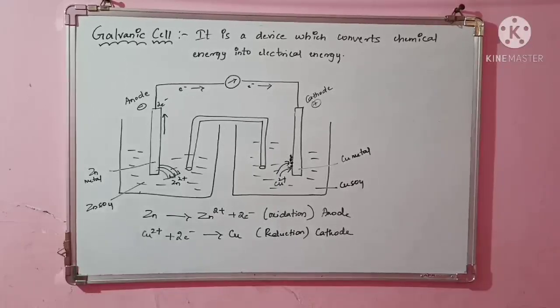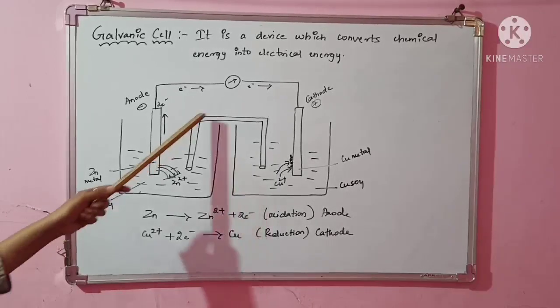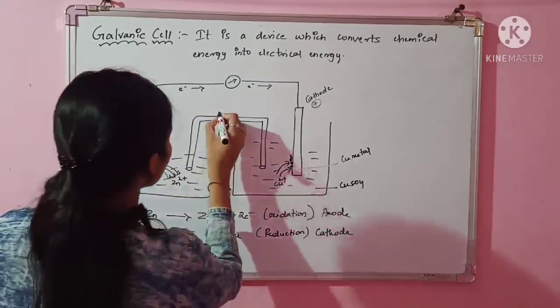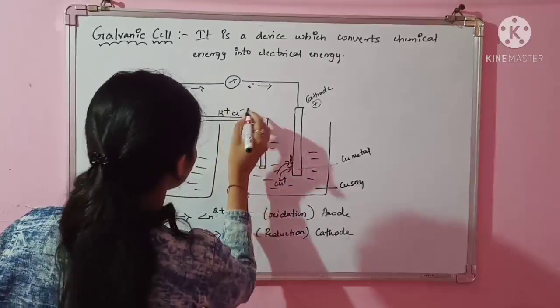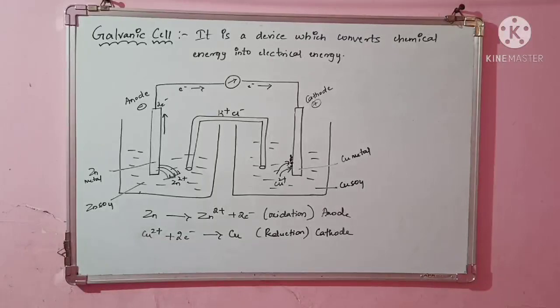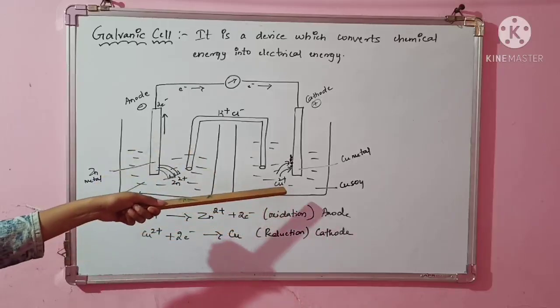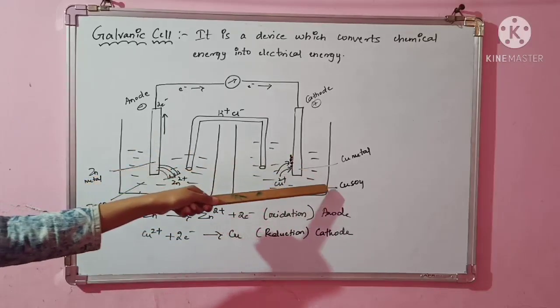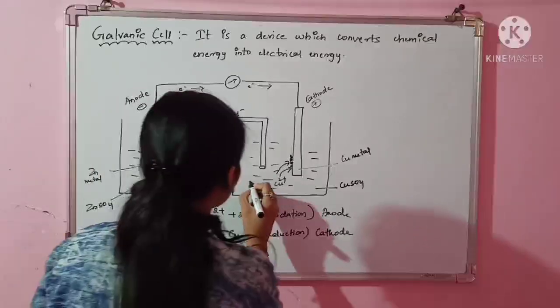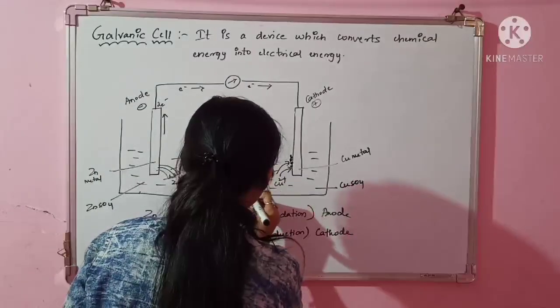So now you can also understand the role of the salt bridge. What is the role of the salt bridge? You know that the salt bridge will have K+ and Cl- ions because it is made up of KCl, like the salt we are going to take. Here you can see Zn2+ is in the solution, and here the Cu2+ all will go, only SO4 2- will be there. So here SO4 2- is there in this solution, remember.